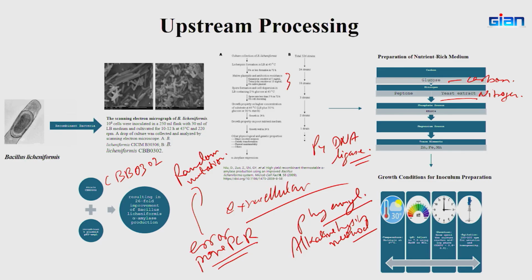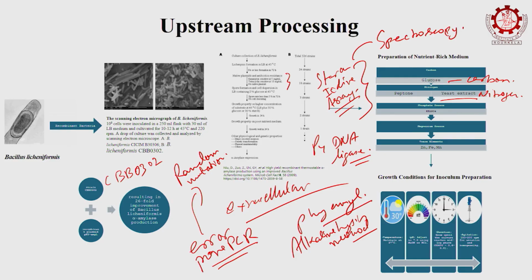Again the same process comes: plating the transformants on selective agar like LB agar with antibiotics, and after that the screening method. Screening is done with a starch iodine assay, by which we identify significant starch hydrolysis, as the blue-black color disappears. After that, secondary screening happens: testing enzyme activity, thermostability, pH tolerance, and catalytic efficiency.